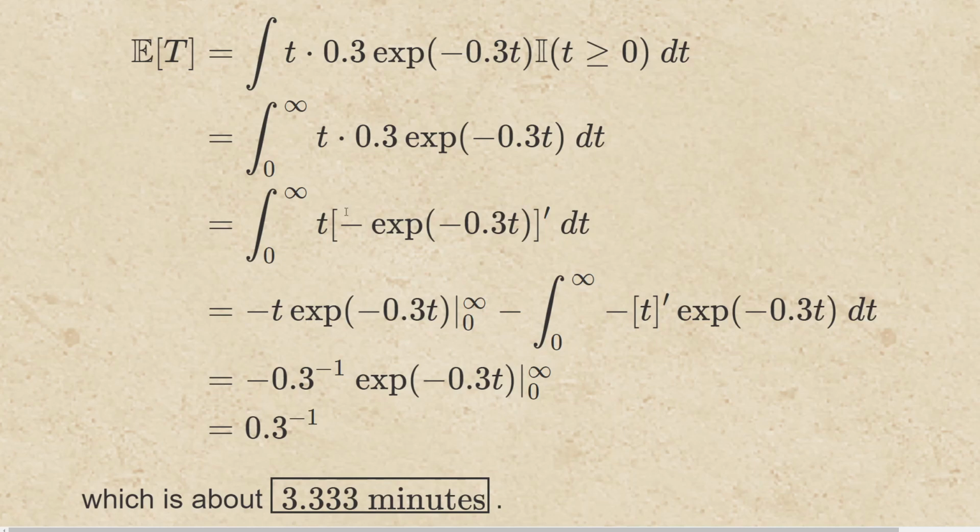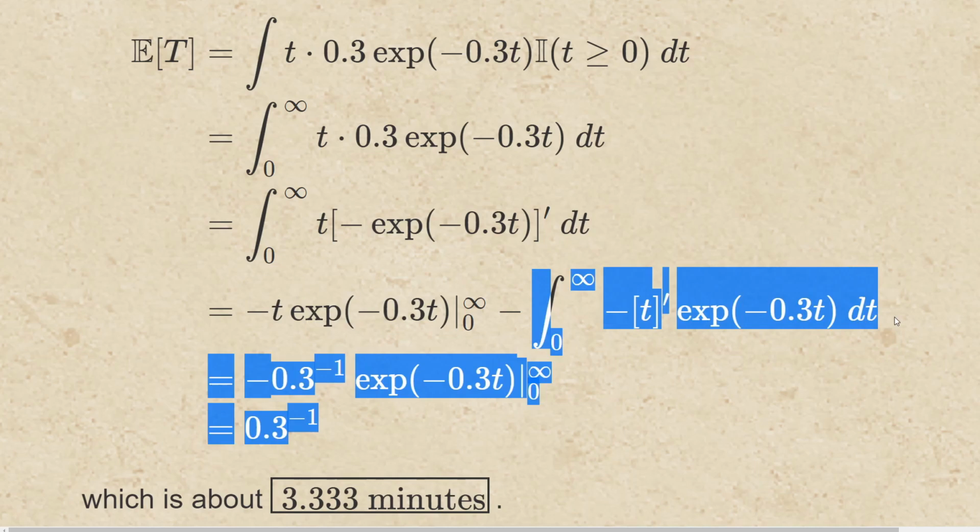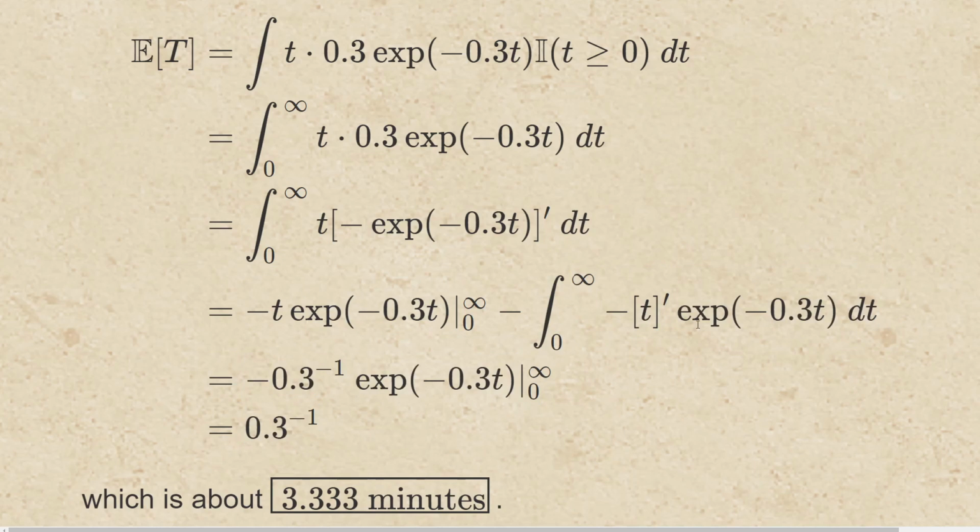Moving the derivative over to the t part, we get negative derivative of t times exponential of negative 0.3t. This first part is just going to be 0 because when t equals 0, I get 0. And as t goes to infinity, the e to the minus 0.3t dominates the t. So all we're left with is this final integral, which we can anti-differentiate e to the minus 0.3t to bring